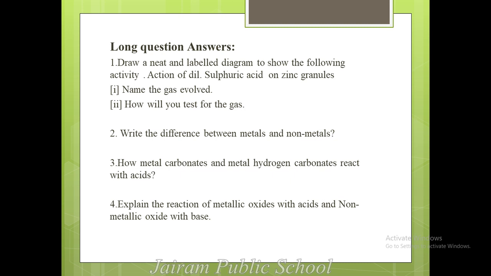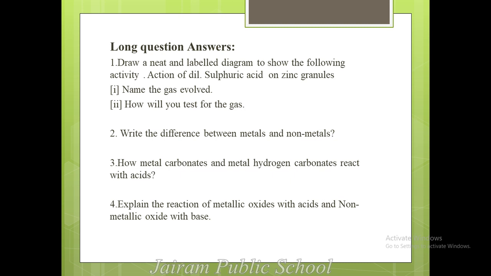And coming to non-metals, it is just the opposite. They exist as solids or gases except bromine, which appears in liquid form, and they do not have the sonorous property and do not conduct electricity. All those things you have to write in these differences. For these differences you can also refer to lesson 3, metals and non-metals.